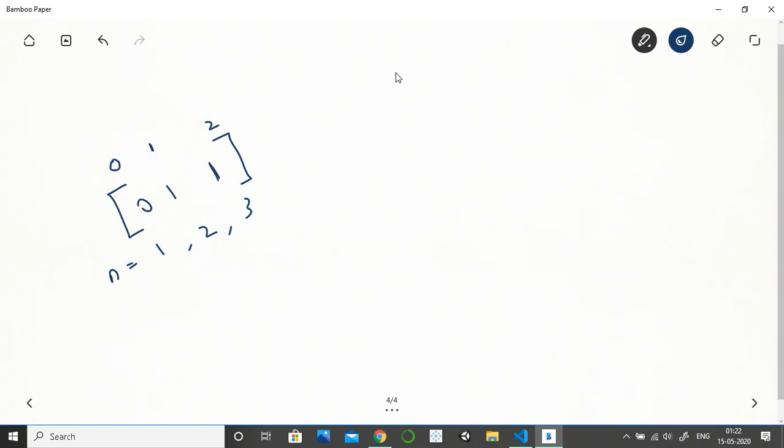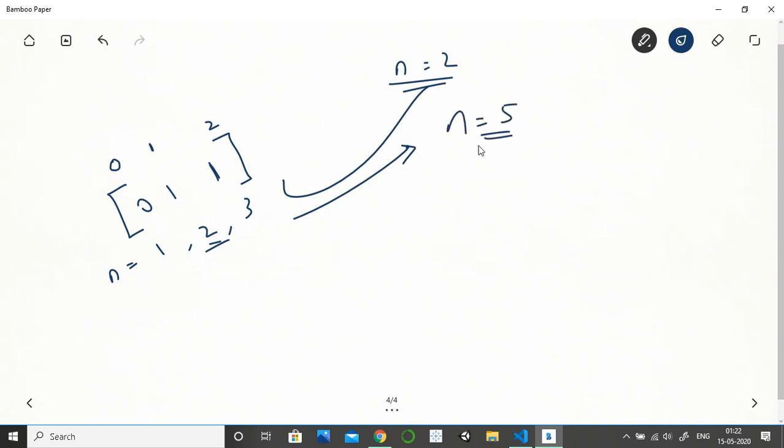Now if we are looking for n equal to 2, we will just look here. Our 2 already exists and we will return the value. If we are looking for n equal to 5, the length of the array, let's call it a, is 3, which is less than 5, right? So we will expand this array.